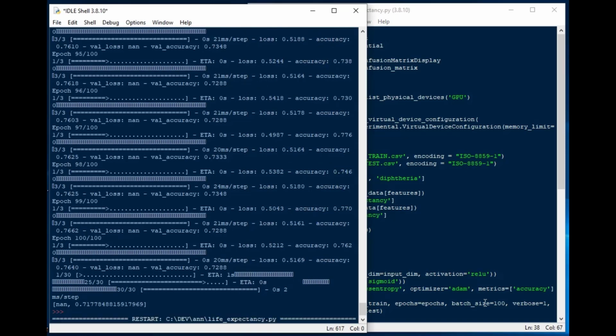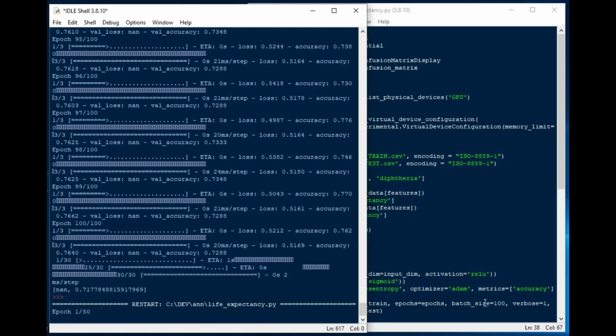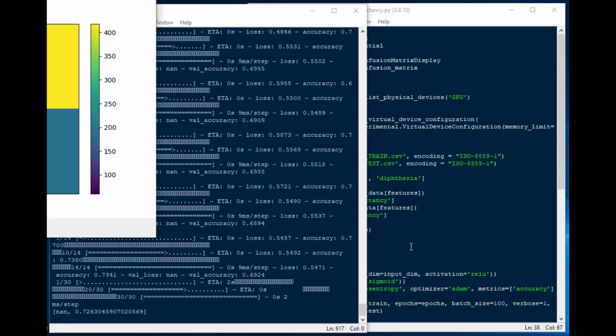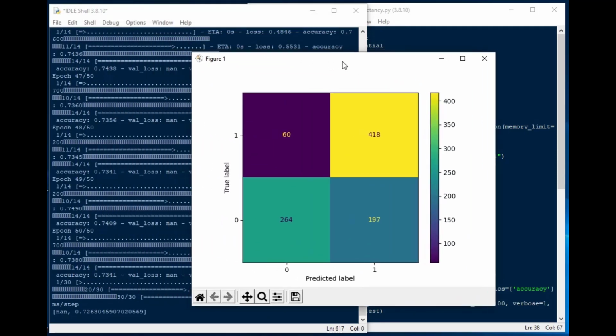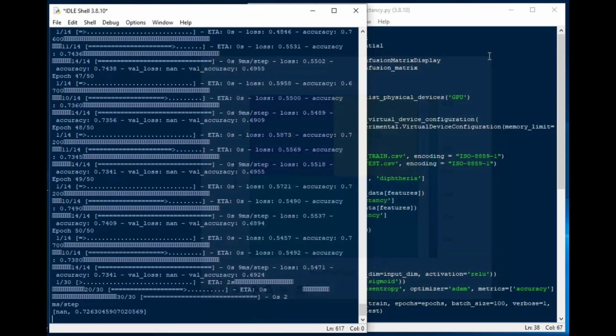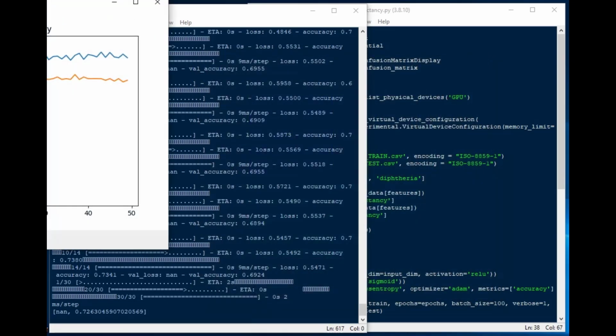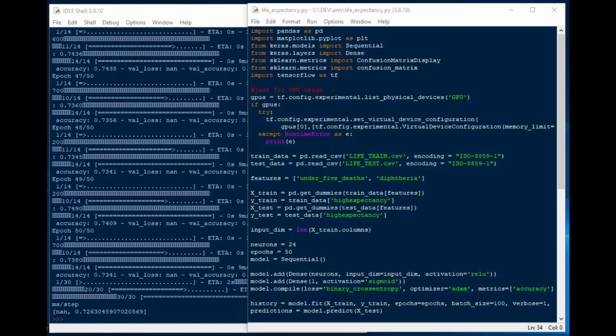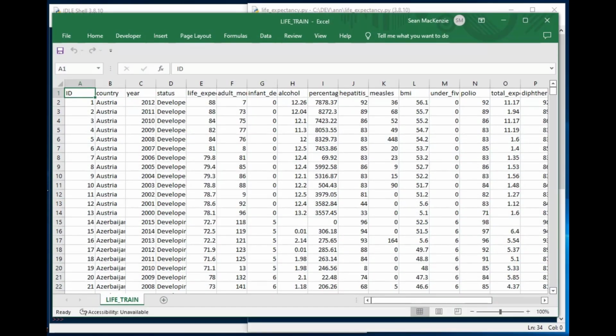But the batch size here, I'll switch that back down to 100, and I've changed the number of neurons, and we'll just see if we get some results there. So I can see as it's running, it looks like we're getting a little bit better results. That's 72.6, so we're going up a little bit with some accuracy there, and it looks like it's still pretty balanced between 0 and 1 and what it should be actually predicting. This curve is pretty crazy though, so we could probably do quite a bit more to improve this,